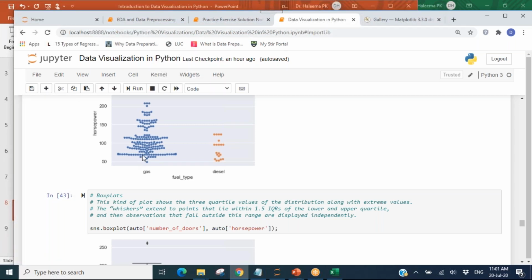Okay, so I can show some example here in Plotly, where see here, if I keep the cursor here, I'm not able to see the exact value. Here I can say roughly this is a gasoline vehicle with approximate value of horsepower around 65. I'm not able to check the exact value, right? But in case of graphs created using Plotly, if I keep a cursor on a particular data point, it will show me the actual value